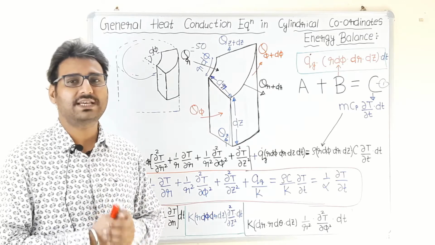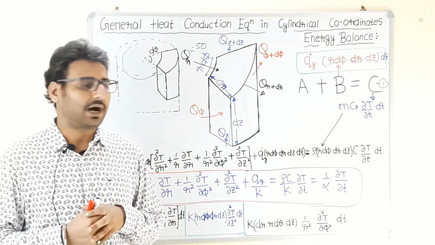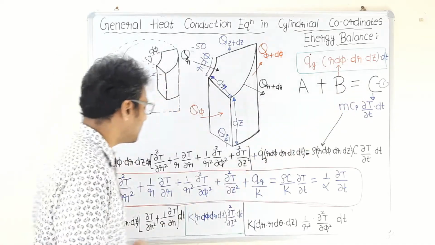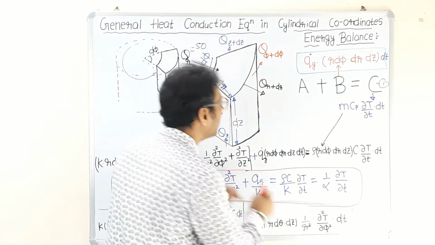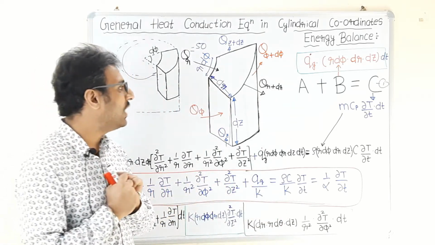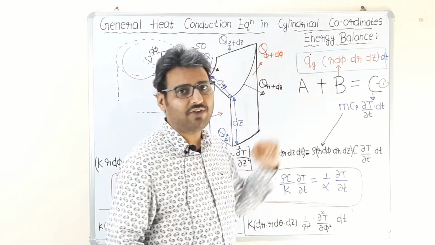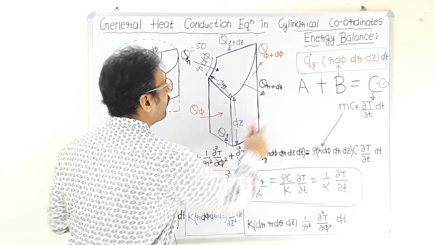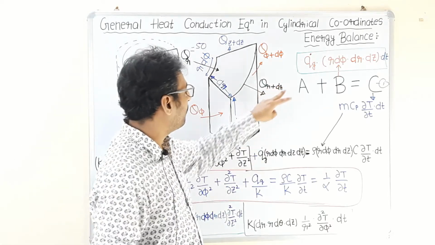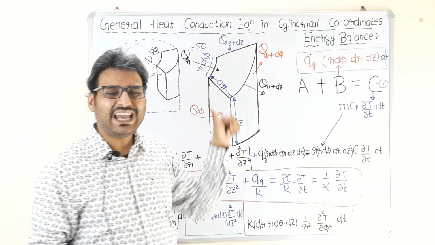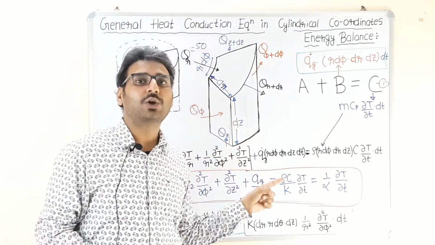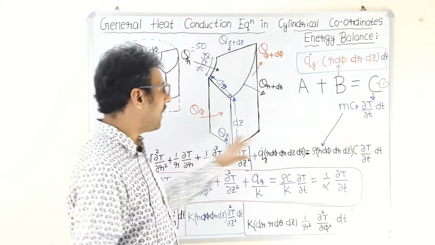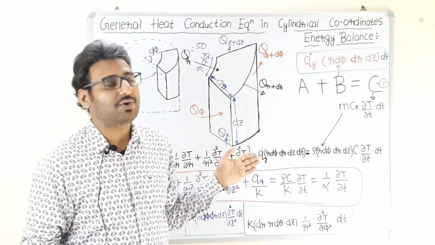Now welcome to the second part of the lecture. In the previous part, we have determined the values of A, B and C. The value of A is basically the summation of these three quantities. Now we substitute this value in equation number 1, and then we will get the equation like this. So this whole term is showing the value of A. Now q̇_G is the heat generated per unit volume per unit time. So in this equation, we have basically the total amount of heat generated in a certain duration of time.